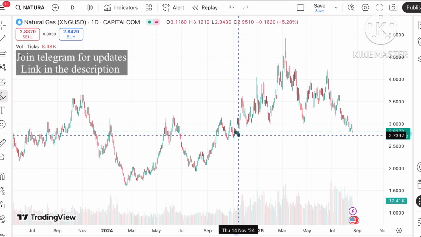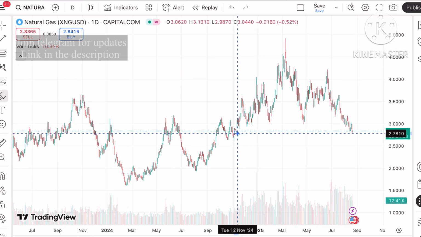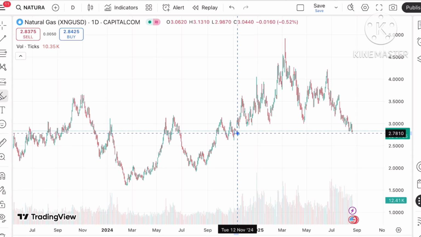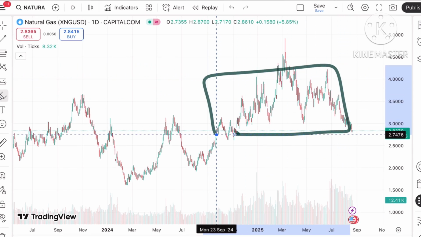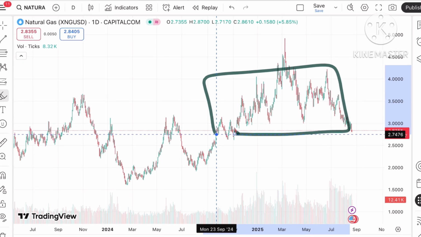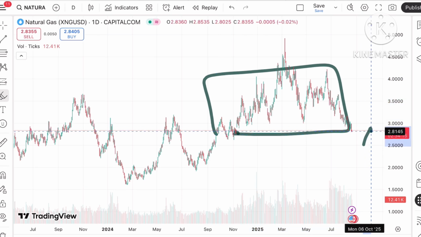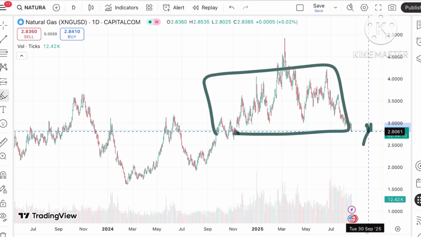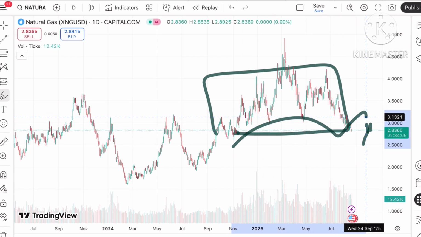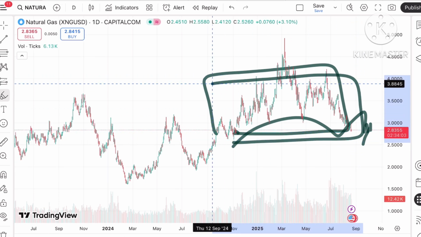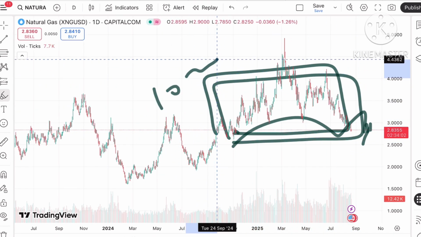As you can see, the price has touched a level of around 10 months, November of 24. That is where we have seen the price touch this particular level. And if you have seen Trump's speech, he was focusing on the natural gas price coming down. After that speech we have seen it move below $3 to a level of $2.8, and there is a probability that we can see a further fall, because there is a zone breakout after 10 months.